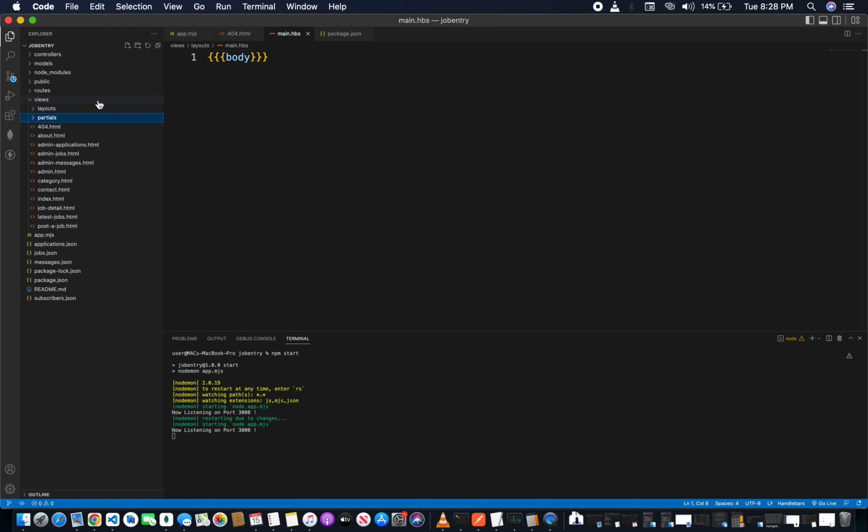So in the partials folder, let's see what we can have there. Let's have header.hbs to act as the header. Let's also have footer.hbs. Alright, so that's fine. We'll come back to those later. So now